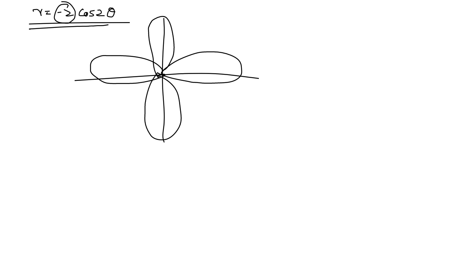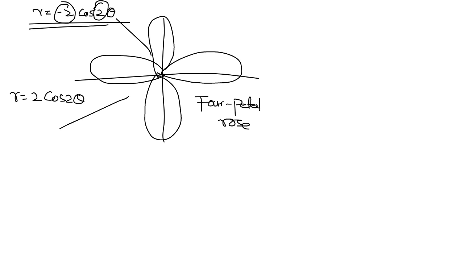Minus or plus will give you the same result for the cosine. So r is equal to 2 cosine of 2 theta, the graph for this one and this one is the same. So this is called a 4 petal rose. Why? Because this is an even number, so the petals will be double. So 1, 2, 3, and 4. This is cosine, it means it cuts all the axes, either y or x. Okay, this is clear.